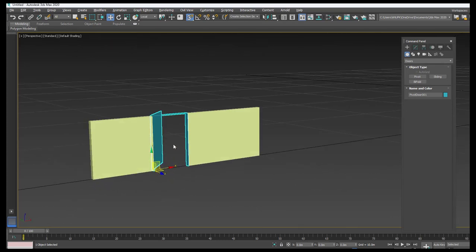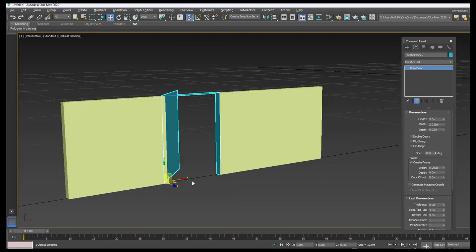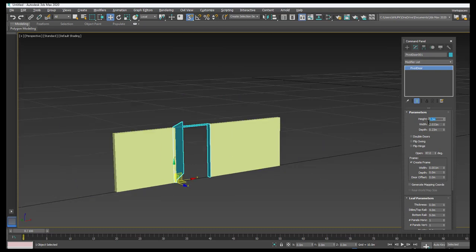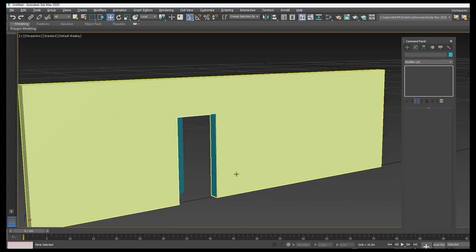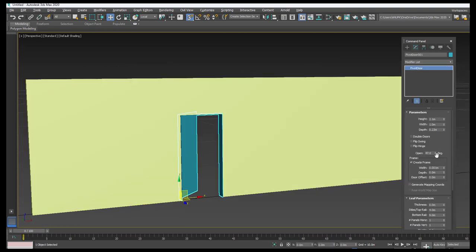I just want to modify the door. For that, click on the modify option. Make sure you are selecting the W command as active. And then the height option I give as 2.1 meters. Width I give as 1 or 1.2. And then thickness you can give depending on the requirement. And if you want to show the door as closed, then you can go to the open option and close it. And then you can change the parameters of the doors as we already explained in the previous session.